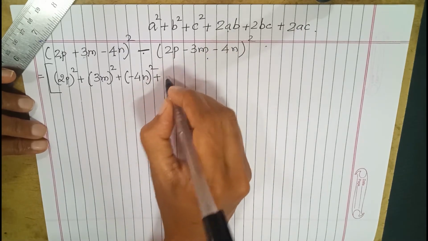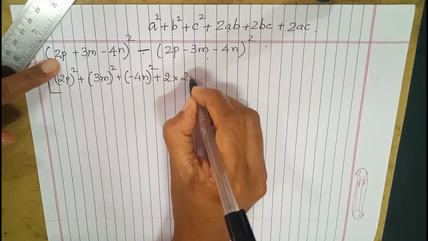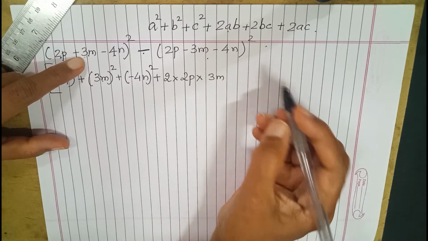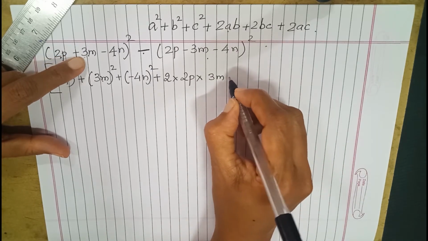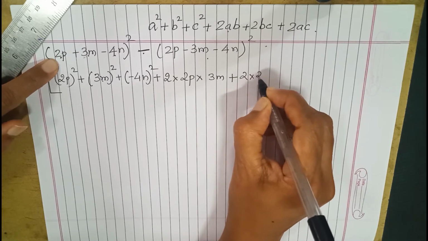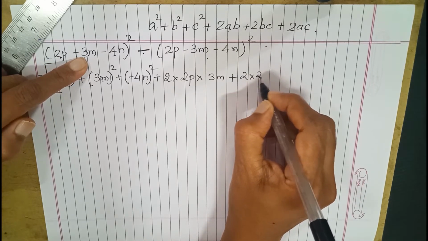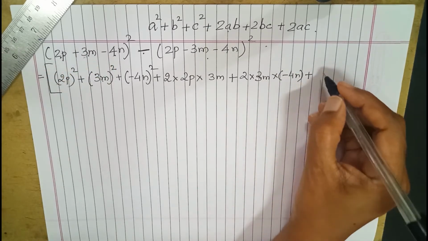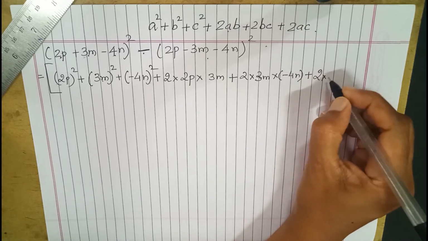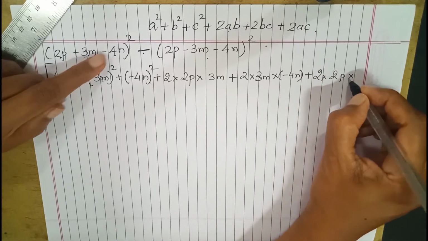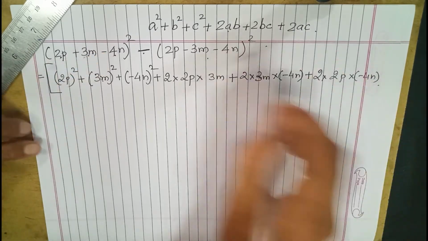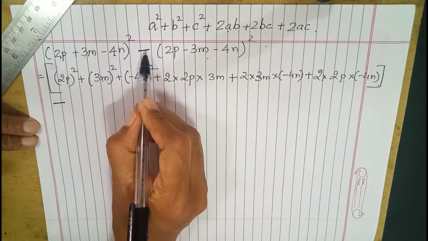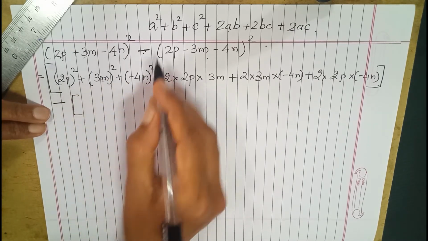Next term is 2ab. 2 into a into b. Right? Next is 2bc. So 2 into b, which is 3m, into c, which is minus 4n, plus last term is 2ac. So 2 into 2p into minus 4n. So I got my first bracket. I have opened this, the first bracket. Now I put a big minus sign which is there in the simplify question, and now we start opening the